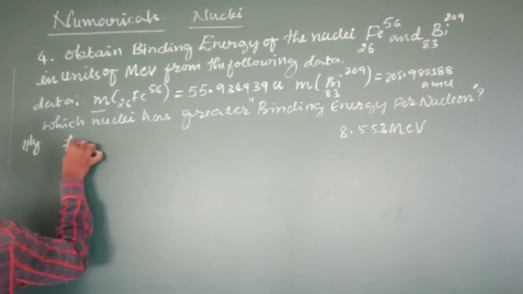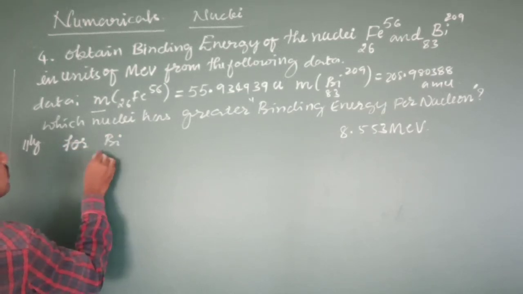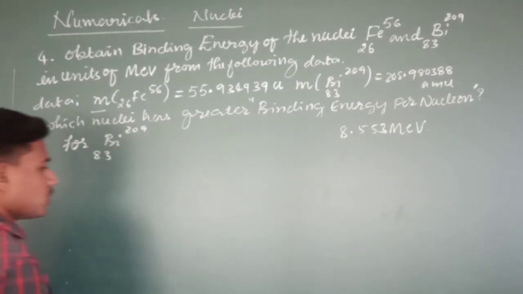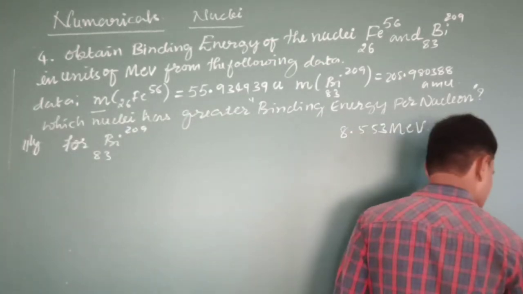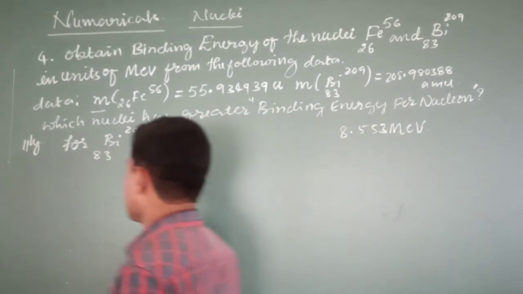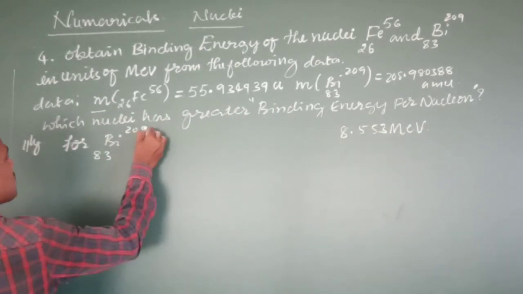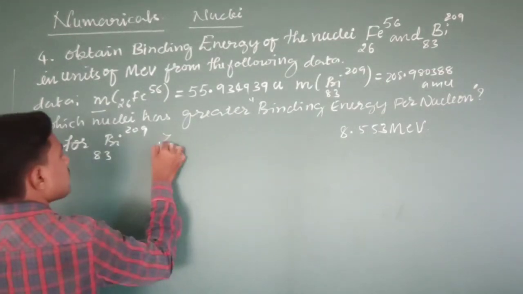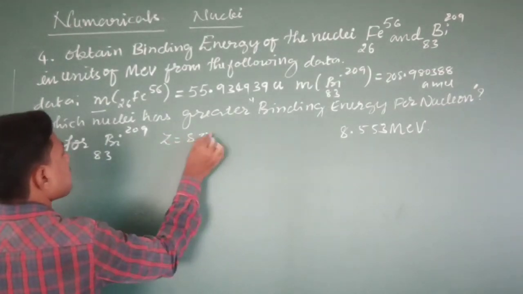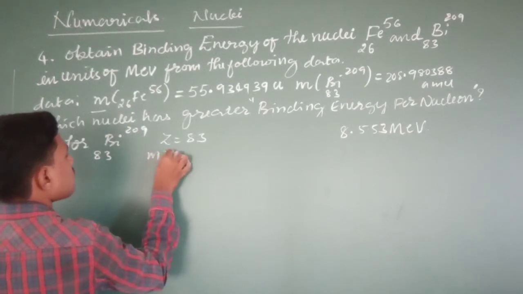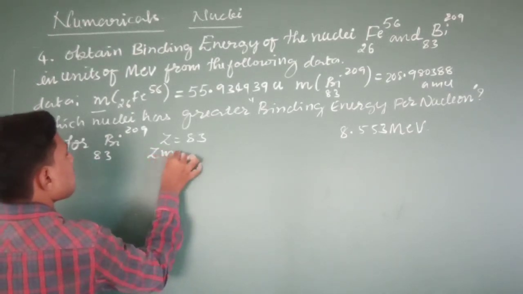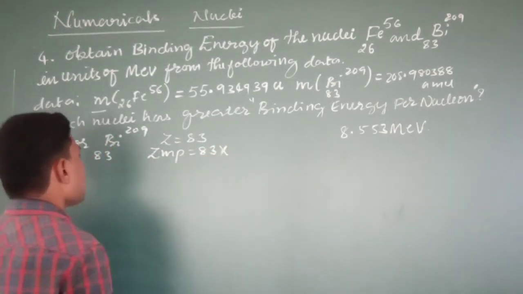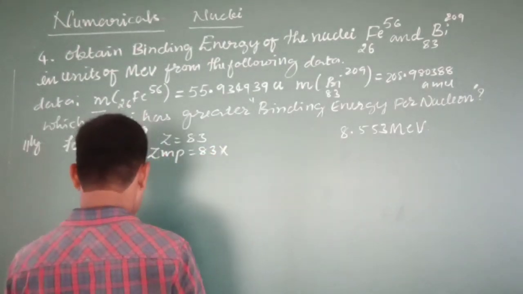Similarly, for bismuth 83209, very simple this one. I think you will do it. Okay, same, just proton and neutron number will change, that's all. For bismuth 209 83, what is Z? Z will be 83. Therefore, Z into MP becomes how much? 83 into mass of a proton, that is